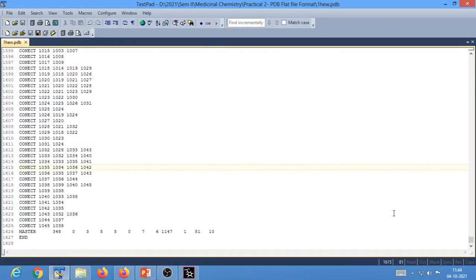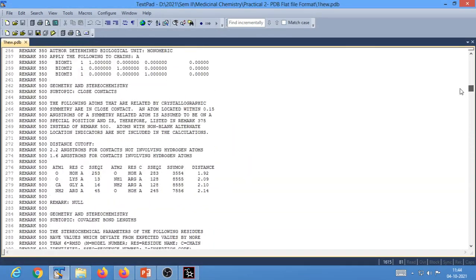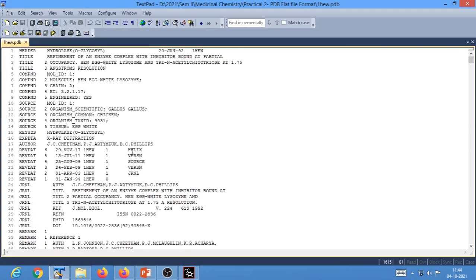Okay, so now our objective is to explore the different keywords, or the different lines, that are present in your PDB file, and what they signify. First we could try to understand that, and then we would try to correlate what data is read from this PDB file to generate that three-dimensional model. That is what we will do today. Okay, so now to begin with,